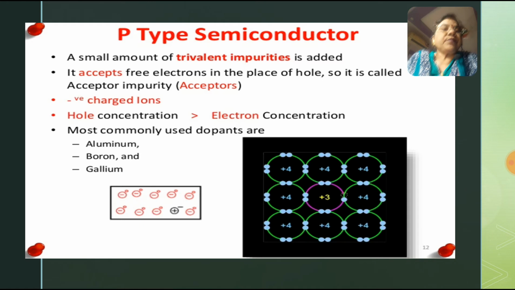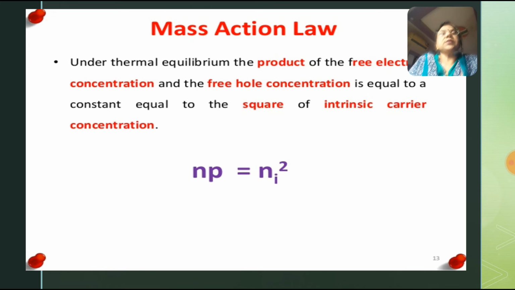Now what happens here? Silicon atom with 4 free electrons combines with 3 electrons of a trivalent impurity. All 3 electrons get engaged and still 1 electron is free. A hole is free to get combined because there is no other electron for pairing. So the positive hole remains as it is. You just see on the screen. Positively charged ions are more, and this is known as a P-type semiconductor. Now mass action law.